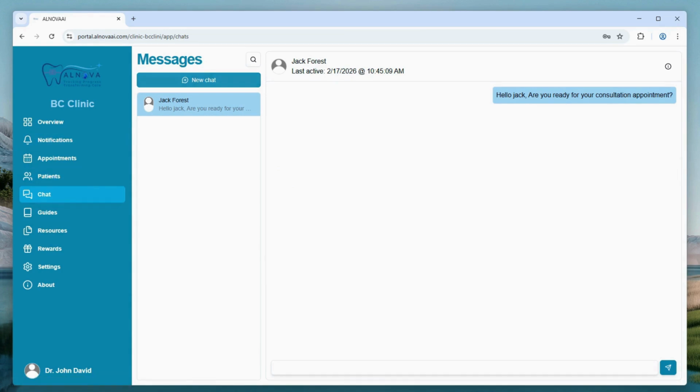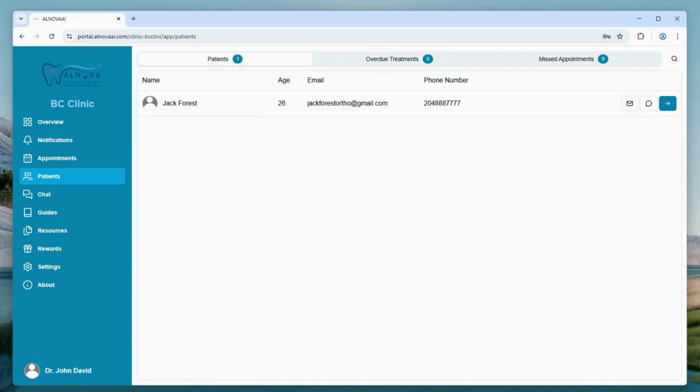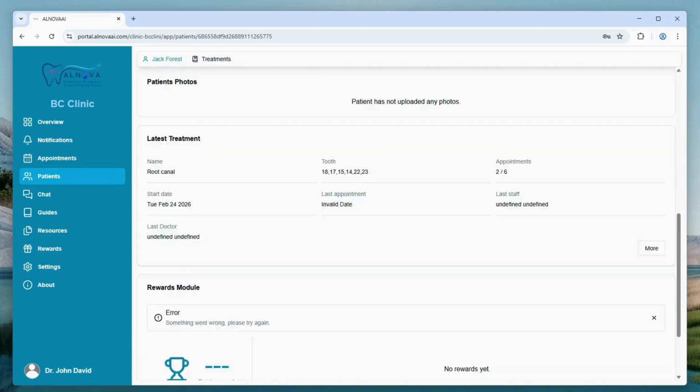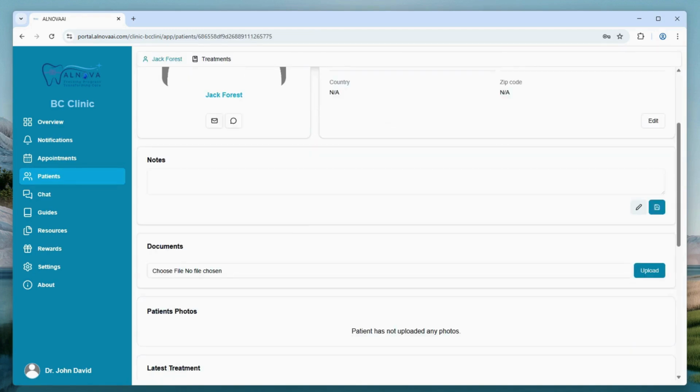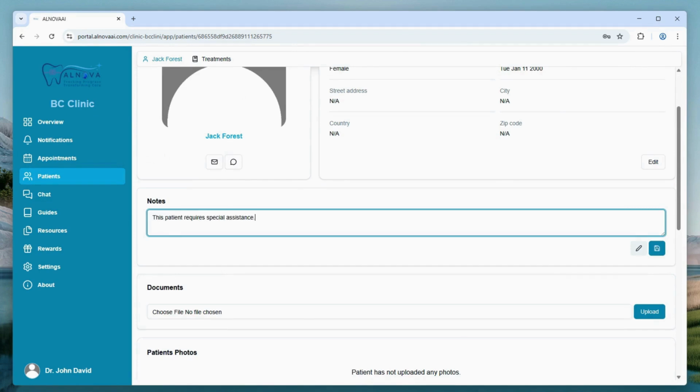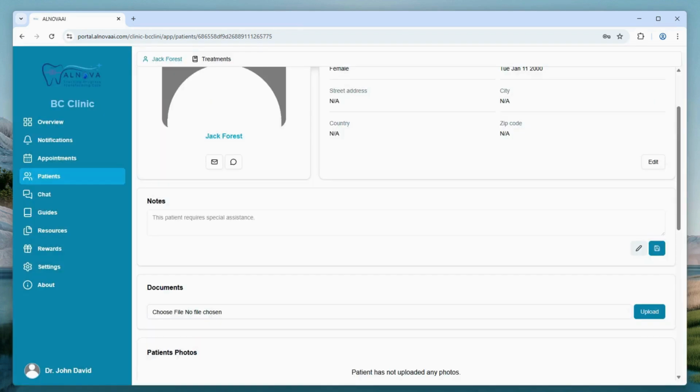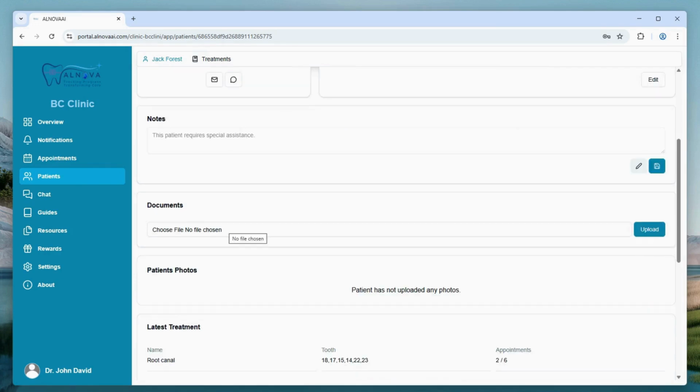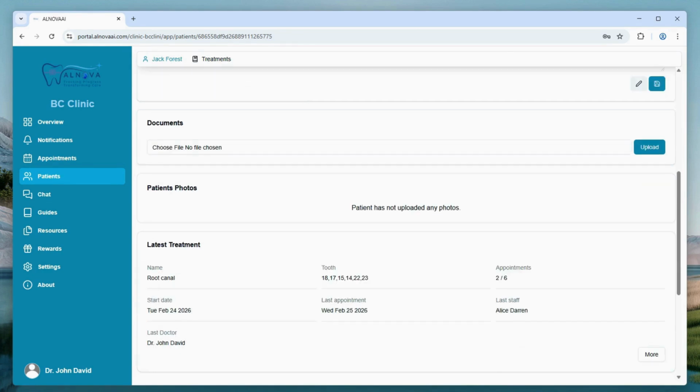On the patient page, you can add notes at any time. For example, you can write a note such as, "This patient requires special assistance," and save it. You can edit notes later whenever needed. You can also upload patient images and documents and keep them in the patient record. If the patient uploads photos of their teeth or mouth using the Alnova AI mobile app, those photos will appear